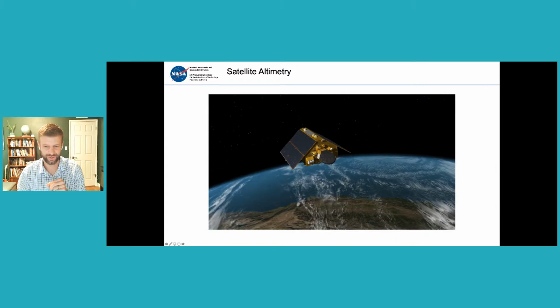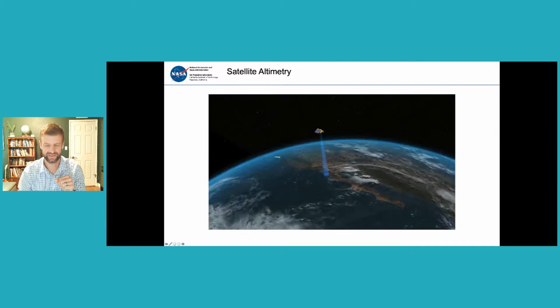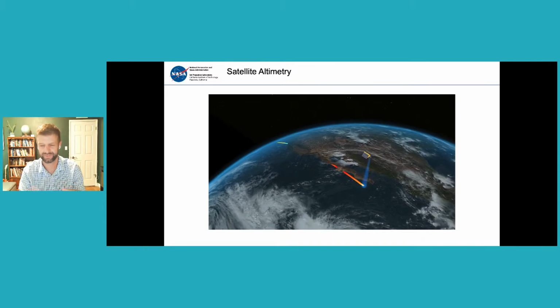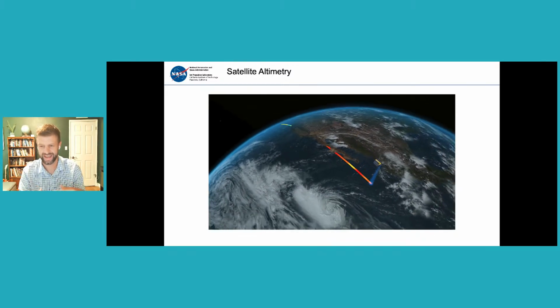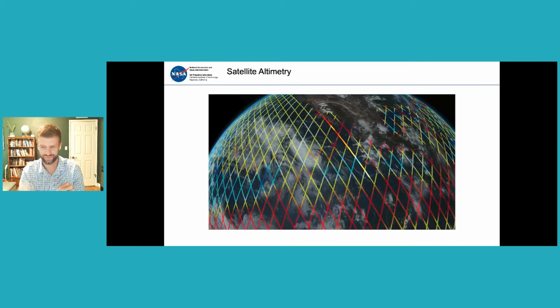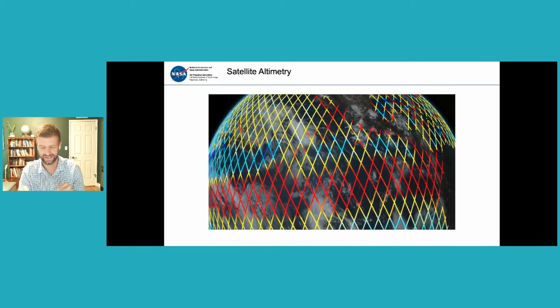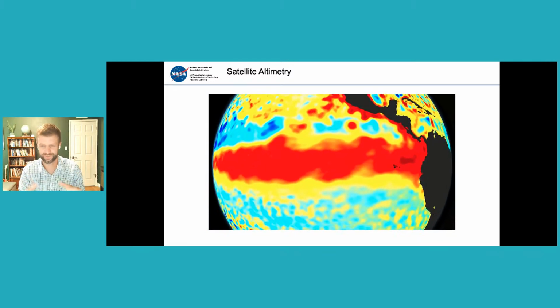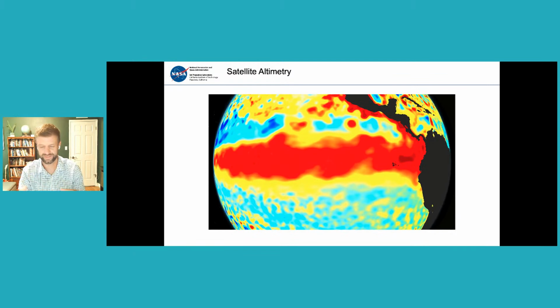But here we can get a little idea of how this satellite is measuring. So it's orbiting around the Earth. Every 10 days, we get a complete view of the global ocean. So it has a repeat orbit of 10 days. And you can see that it's bouncing this radar pulse directly beneath it at any given time. And it's making that measurement. And you start to build these measurements up and you start to fill in these gaps. So you saw previously that tide gauge slide.